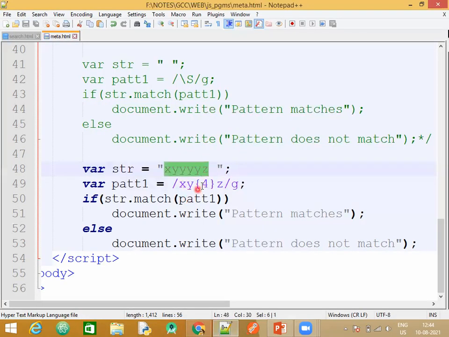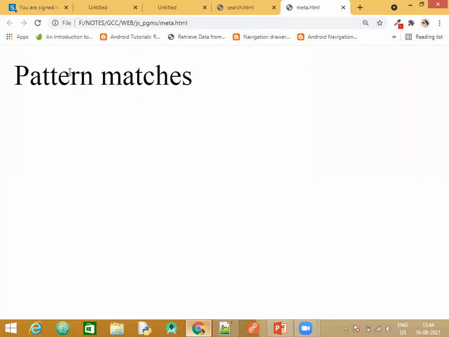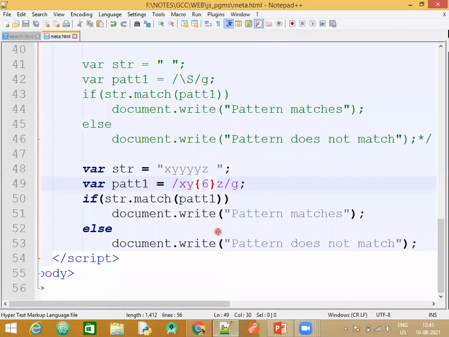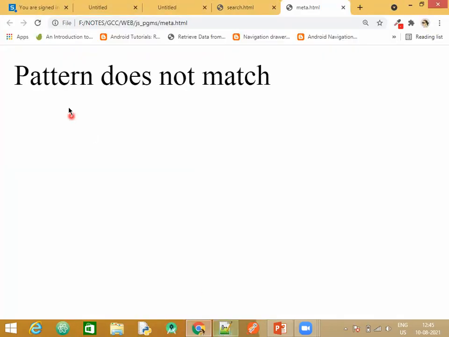Now, instead of matching it for 4 times, let's try to match it for 6 times. Y is just 4 times there. Let's have a look at the output now. Does not match. Let's try to reduce the value, because 3 is already existing there. Is it giving matches?